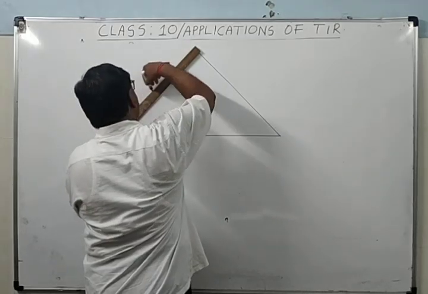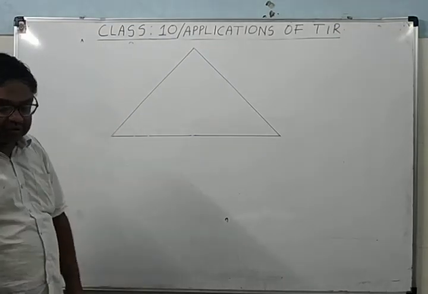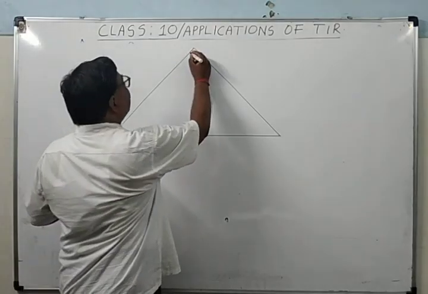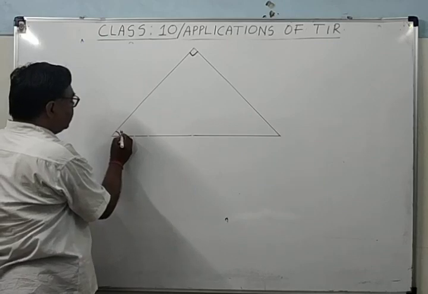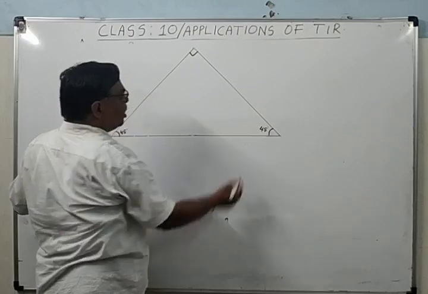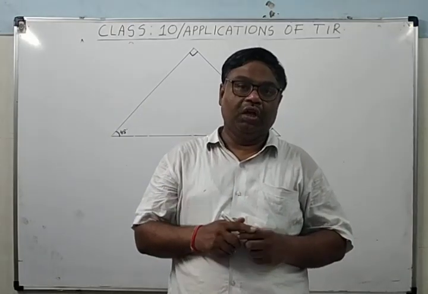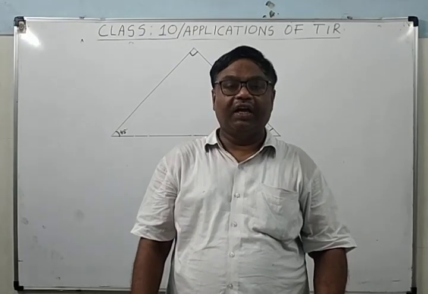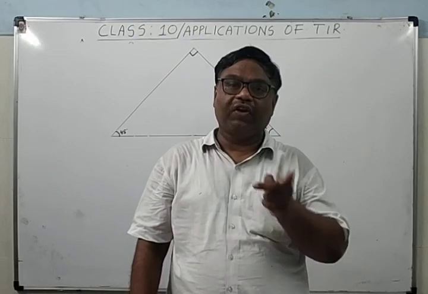Here one principle of reversibility of ray of light will also apply. What is the principle of reversibility of ray of light? So you can see here, according to the principle of reversibility of ray of light, if the ray of light is going from one medium to another medium, if it is going from medium 1 to the medium 2, and angle of incidence in the medium 1 is I, and angle of refraction in the medium 2 is R. So if it is going from 2 to 1